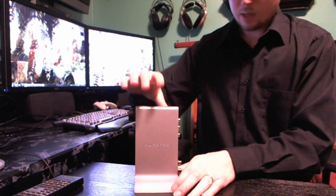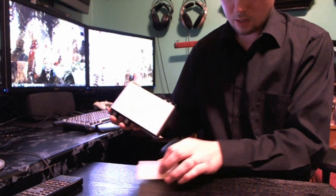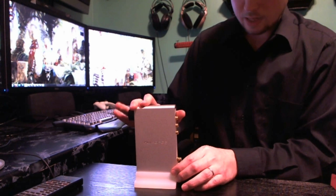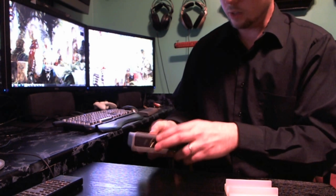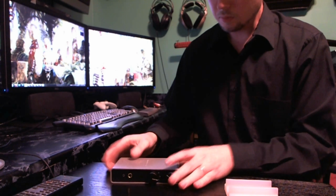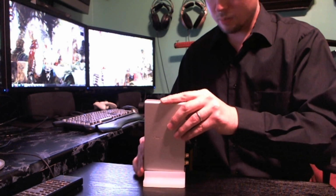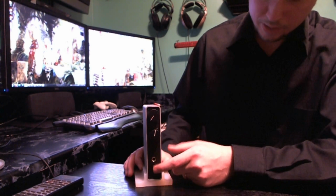So you probably already noticed that this little stand here, it comes with this stand. It's made out of silicone, so it's kind of like a soft rubbery material. That's so that you can use this unit upright like I have it. But if you don't want to, you can take it off and you can lay the unit down flat on its side. Now I found that using the unit by itself on the desk, the stand was a little bit more convenient, because when it's up on its side like this, the headphone jack is up off your desk,